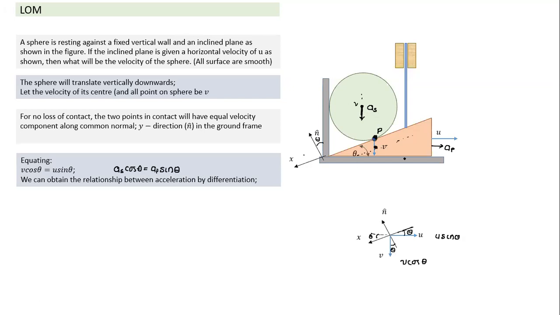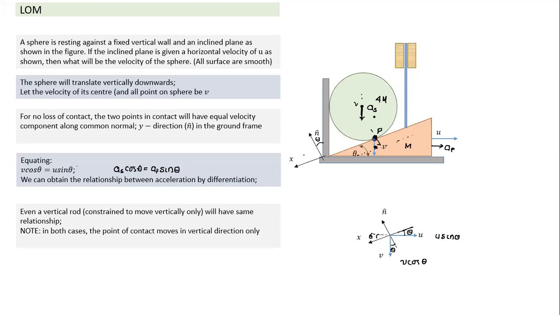Thus we have found the relationship between velocities. Suppose this mass was given as m and this mass was given as 4m. As soon as we release, we know this block will tend to accelerate towards the right, and this will accelerate downwards. So using this condition, and the normal reaction which will act, we can find the value of the normal reaction, and we can find the accelerations of the two objects here. So we have solved for the relationship between velocities, but the same logic we can extend to solve for the accelerations of the two objects if their masses are given.